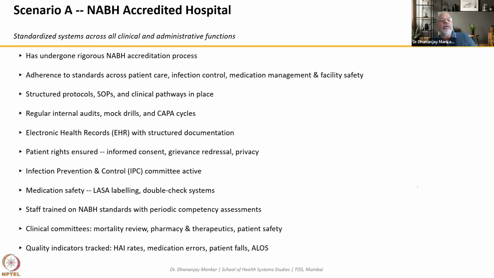Then comes something very important, that is infection prevention and control, the IPC committee. The IPC committee is very mandatory and very important, not only for quality but also to reduce the burden of infection. Prevention comes first and control comes next; after establishment, it should not deviate, otherwise the control issue comes. The infection prevention and control committee is constituted by all the heads of the department, the medical superintendent, the nursing matron, and even a dedicated quality manager.